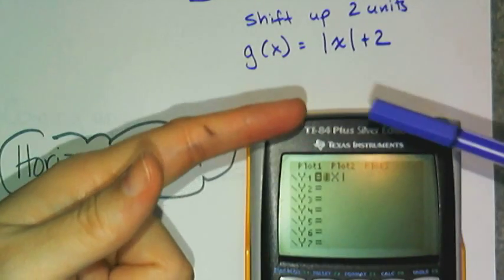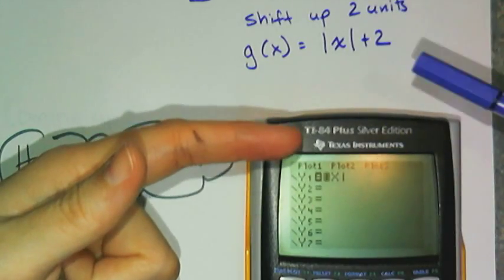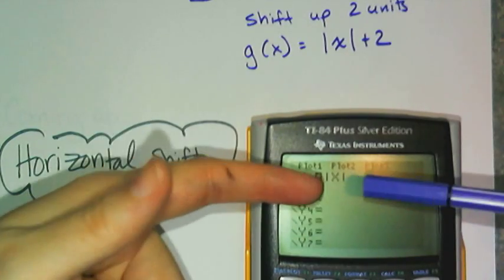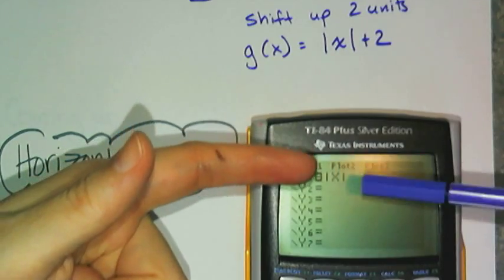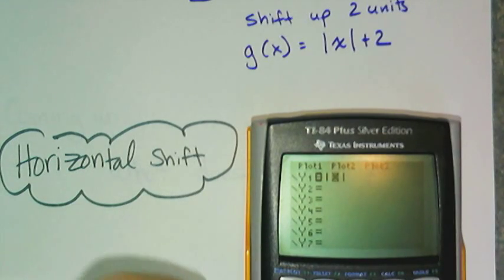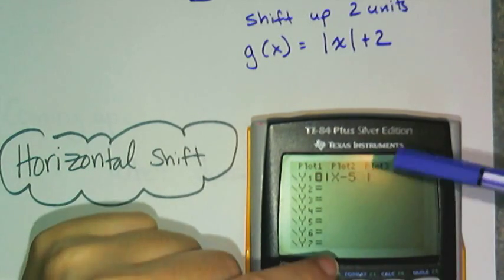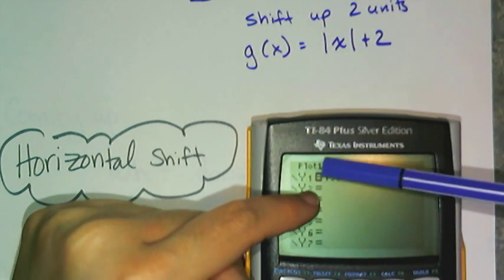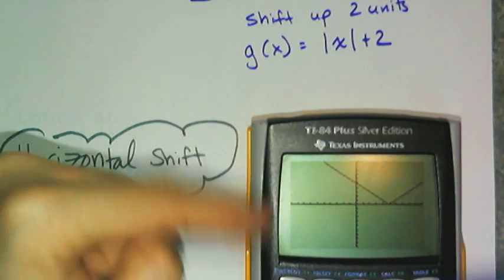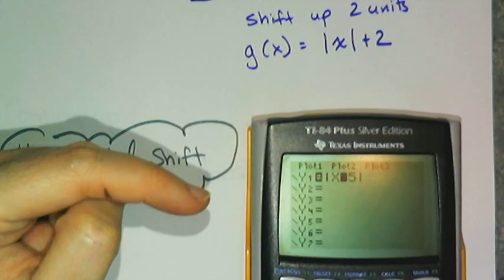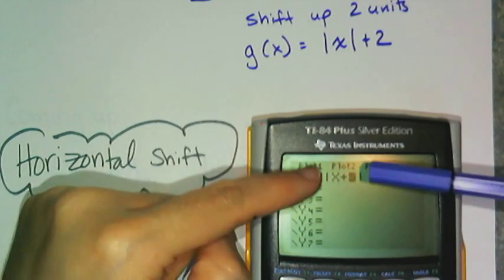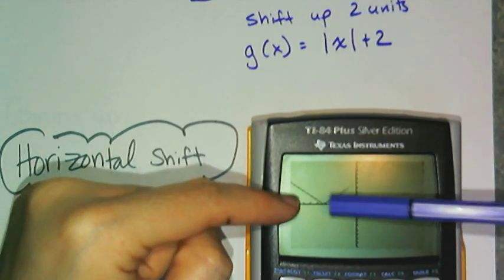If it were quadratic, it would have to be inside of parentheses being squared. Same thing with cubic, and so on and so forth. I need to manipulate inside the absolute value to change the x-intercept, or where the 0 is. So if I want my 0 to be 5, then inside the absolute value I have to have x minus 5. Because now at the value of 5, the y value is 0, and my graph moves to the right 5 spaces. And if I wanted to move it to the left 5 spaces, I have to add 5, because now negative 5 makes this statement 0,